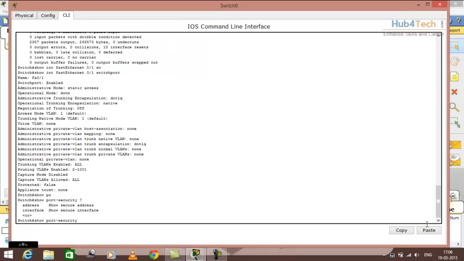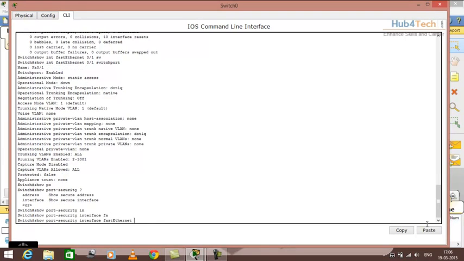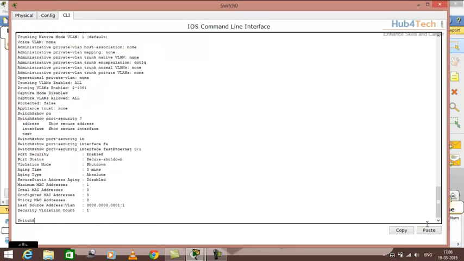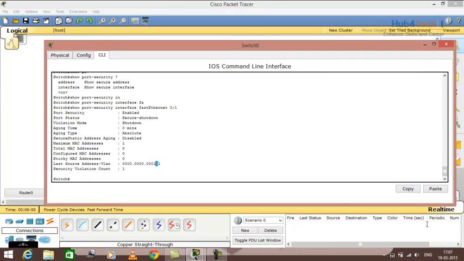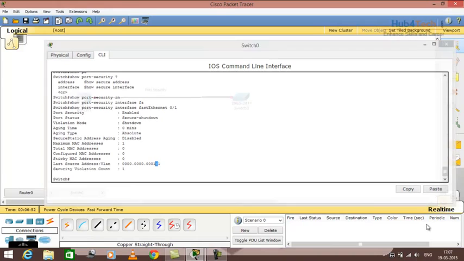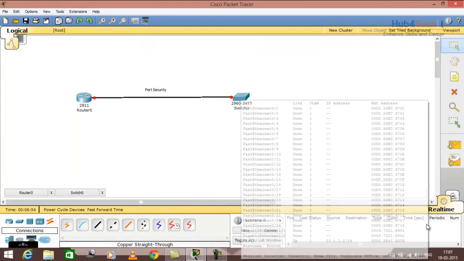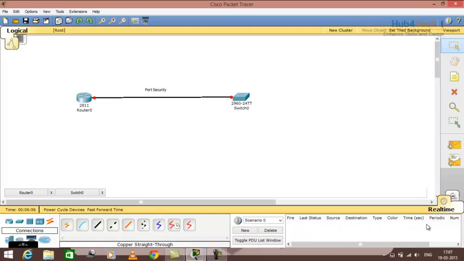Show port-security interface FastEthernet 0/1. See, secure-down, because we have learned one new MAC address and the security violation count is 1 now. So this is the basic example of how you can configure a port with the port security feature, and if more than one MAC address is learned, then that particular port will go into the down state. Okay,